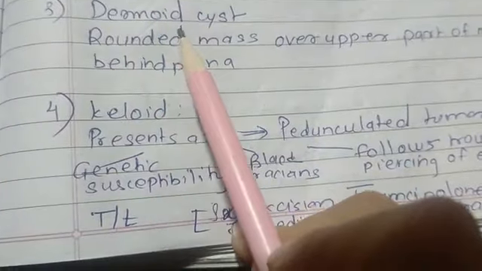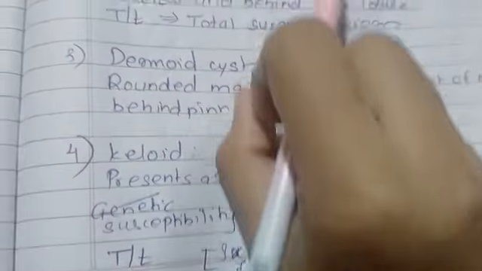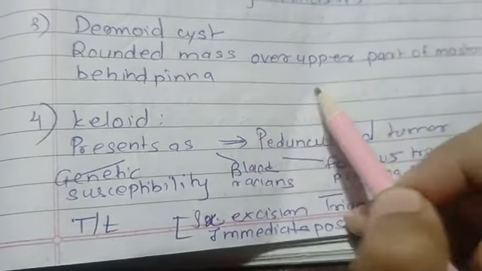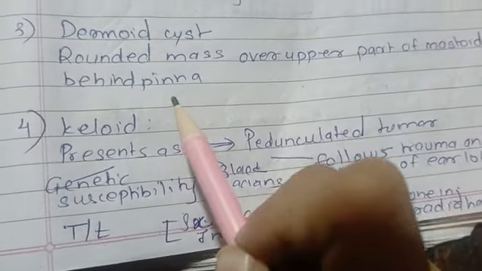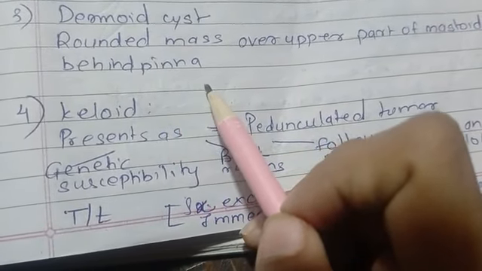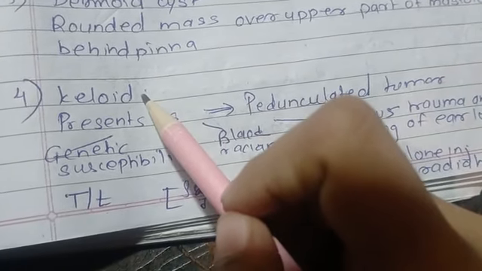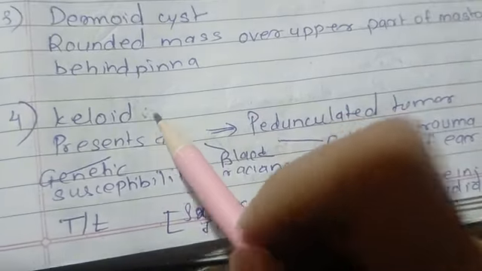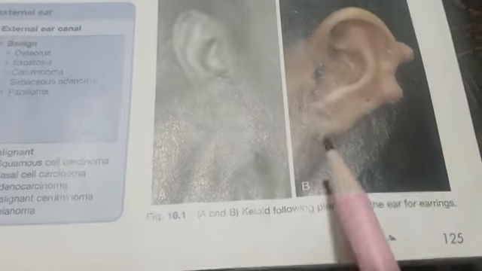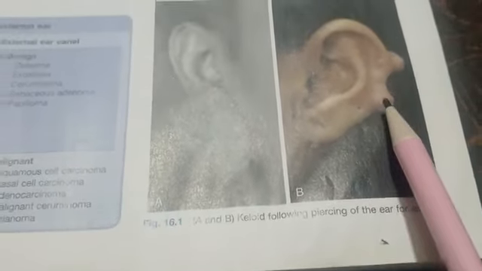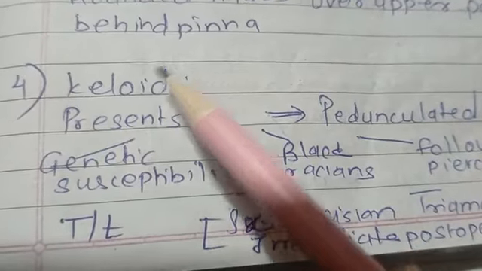Next is dermoid cyst. Dermoid cyst, as you can see, is a rounded mass over the upper part of the mastoid behind the pinna, and the important next one is a keloid. What is keloid? You can see in this diagram, guys. So this is exactly what we mean by keloid. You can see here, and in this diagram it's more properly seen. So basically the keloid will present as a